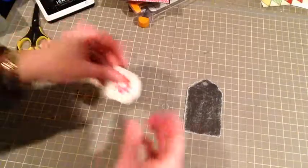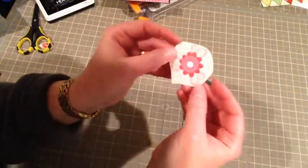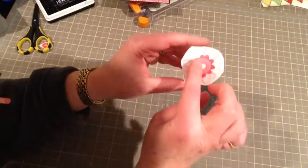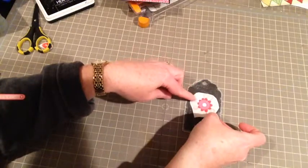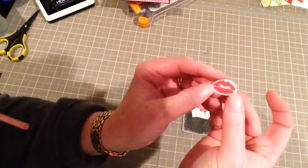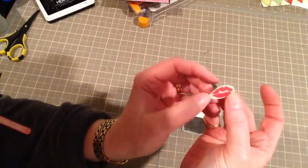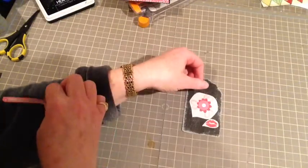I did some of the little prep work. I've got this great little flower that's made with all the little hearts. So I think it's a rub-on, and I think I'm going to put that here. And then I've got this little rub-on that is a pair of lips. I think I'm going to be putting that right down here. And then I have